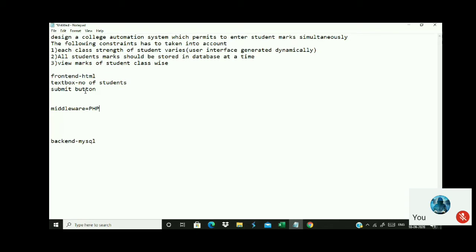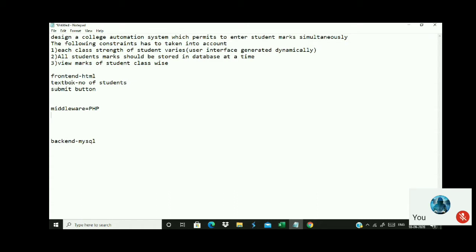In HTML, I'm going to feed only the number of students, but in the middleware, based on this number, I have to create the text boxes dynamically. I cannot do anything in HTML, I can only feed the data. But if you want to generate a dynamic interface, that can be done only with the help of PHP.